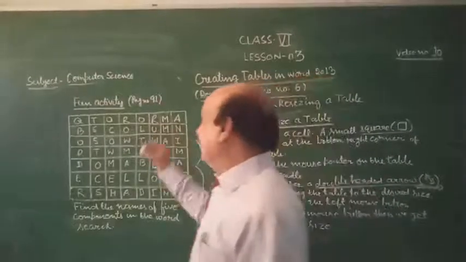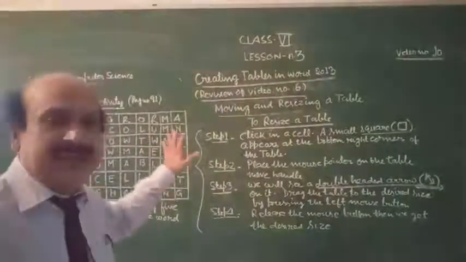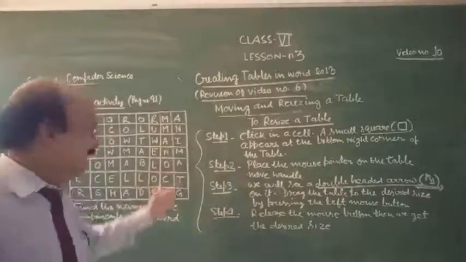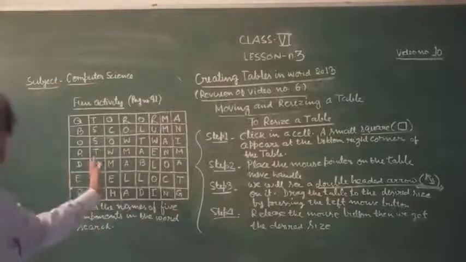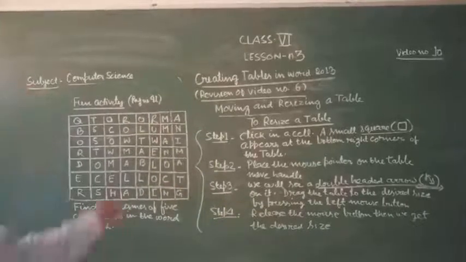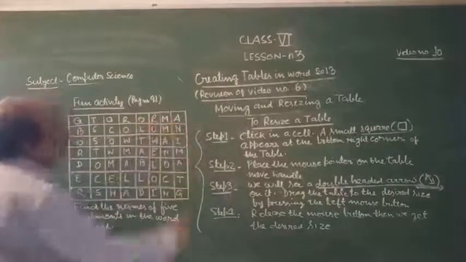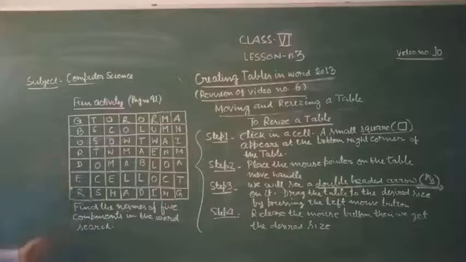Now come here. A fun activity is also given in your book. I am only explaining here, and you can easily find out whenever you complete the chapter. You will try to find the words which are given in this table. Okay. Now see page number 41. In this one, you are finding 8 columns and 5 rows.